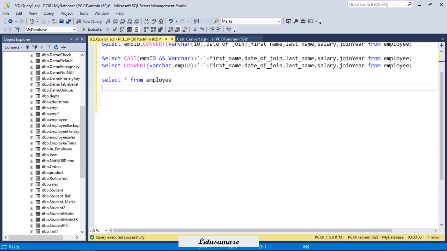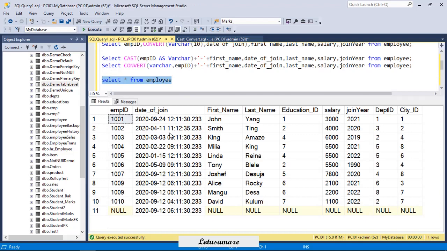Now the next example: suppose I need to count the number of employees who joined on the same date. It means how many employees joined on the same date. If I check the data, I have the date of join, and the data type of this column is date and time, time with the date. If I create a group for this column, then there would be 11 groups because all values are different.